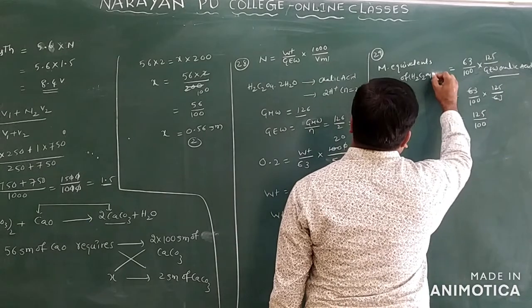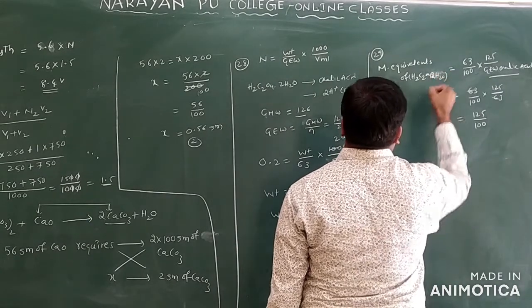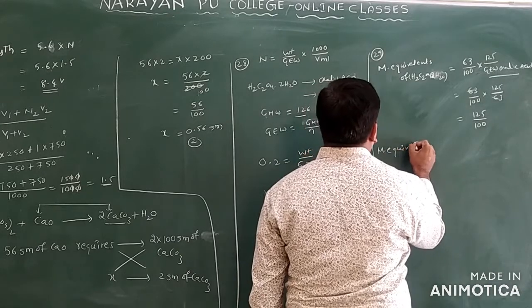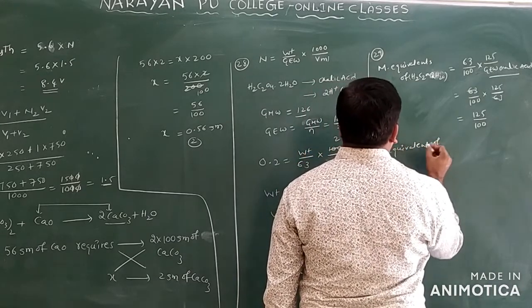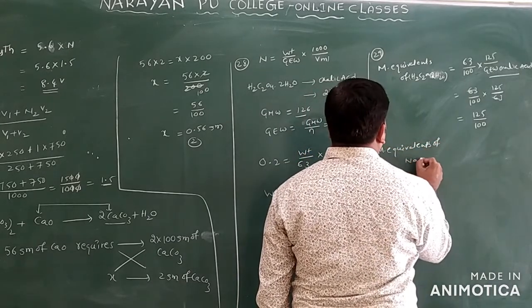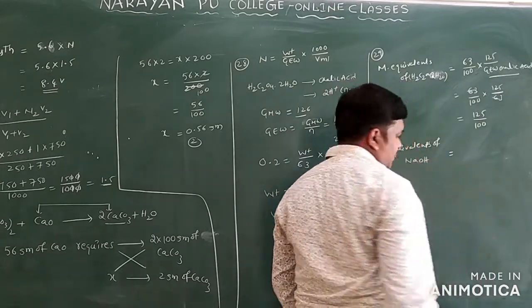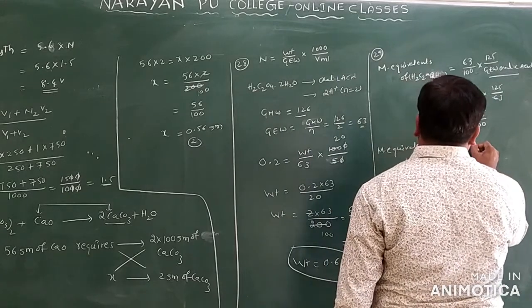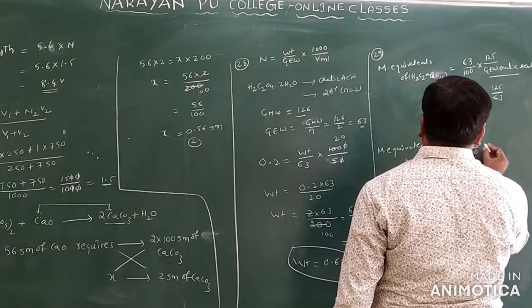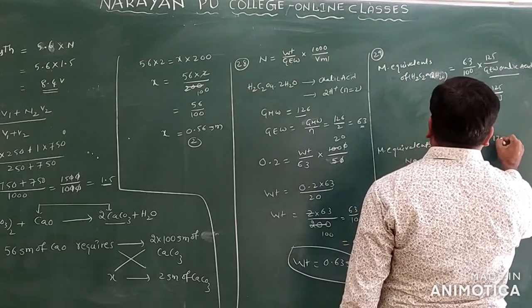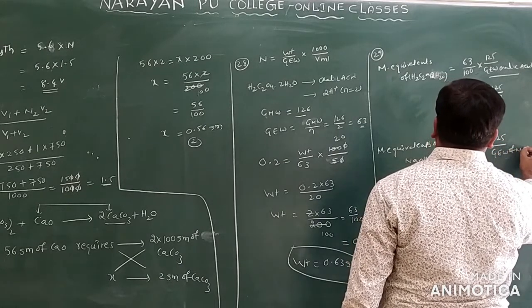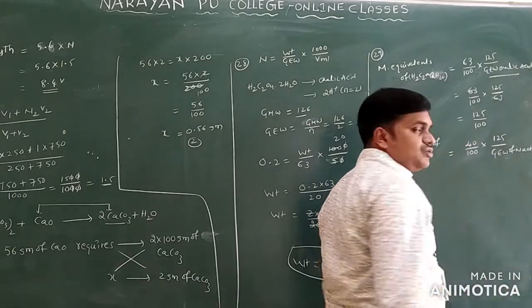This is oxalic acid we are finding on. And one more is given here. This is milli equivalents of the given NaOH. NaOH percent, how much is given? 40% only. This is 40 by 100 into, what is the volume given? 125 by, you will write here the gram equivalent of NaOH.